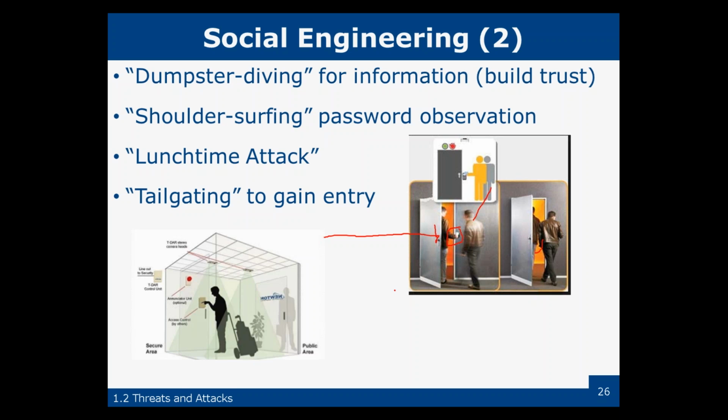One of the ways to stop tailgating is a man trap, where you have a door and then an area inside, and commercial buildings have those. They have an exterior door and an interior door and an airspace in the middle. They had one here not long ago where a bank robbery actually got stopped by that. They got through the outside door, but the inside doors were locked, so they couldn't get into the bank. They said that they actually saw them coming, but they did stop them by locking the inner doors and not